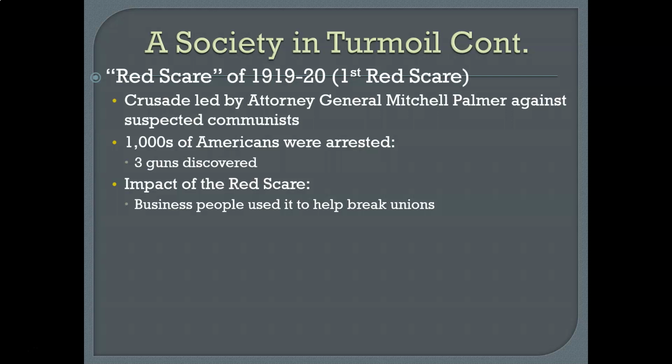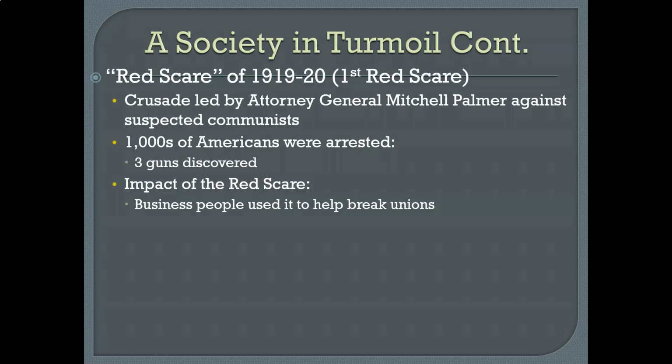Now, your book talks about here the combination of strikes and the Comintern announcement produced what became known as the Red Scare. Nearly 30 states enacted new peacetime sedition laws. So this goes right back to, if you're trying to compare something from another period to the Red Scare, the Alien and Sedition Acts of the late 1700s would be a great example to compare that to. Nearly 30 states enacted these new sedition laws, imposed harsh penalties on promoters of revolution.